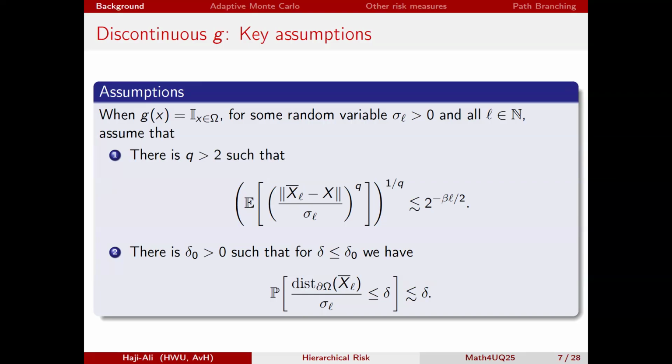So we're assuming slightly more regularity than would be required for just simple Monte Carlo or multi-level Monte Carlo. And we also have another assumption here, and this one is saying we are bounding the probability of these approximations being within a neighborhood of the boundary of the set of interest, omega. So we're saying that the probability that this distance is less than delta is of order delta. So the density is bounded. It just means that not all my samples are concentrated at this boundary. So there's a significant number of samples that would be away from the boundary that I can use, where this functional is either 1 or 0.